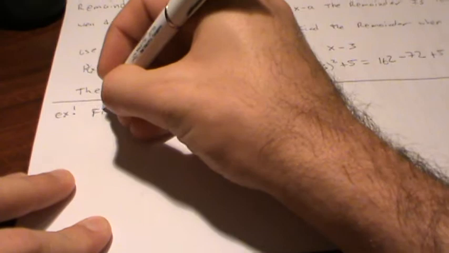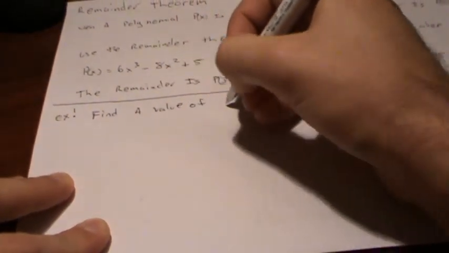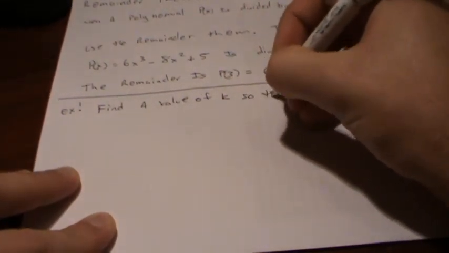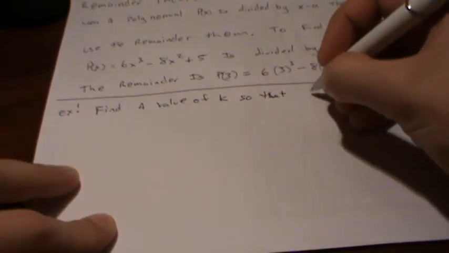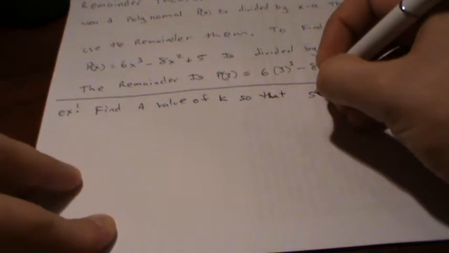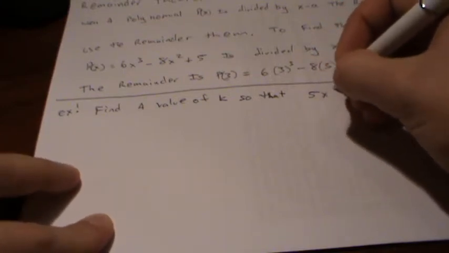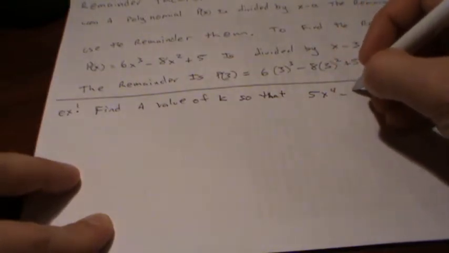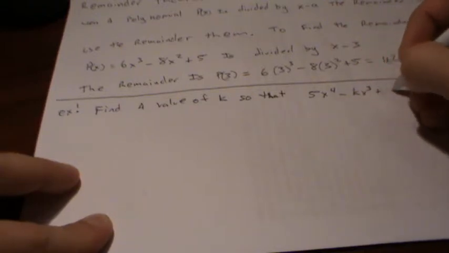And the question will be: find a value of k so that when 5x to the fourth minus kx to the third plus 12